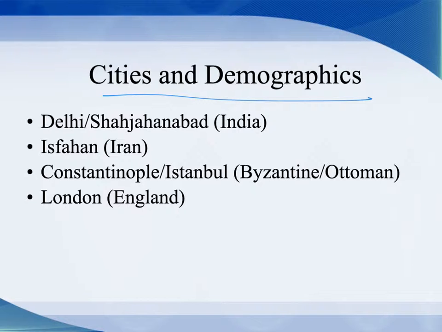Studies of population movement usually analyze movement from urban areas to rural areas and vice versa. With urban, think cities. With rural, think countryside. Because cities serve as centers of government and economic production, trade, art, culture, migration into cities tells us something about the transformation of society. And capitals of strong states attract large and vibrant populations. And so in this, we're going to look at 4 very strong capitals.